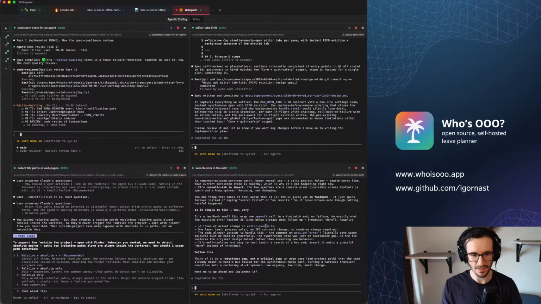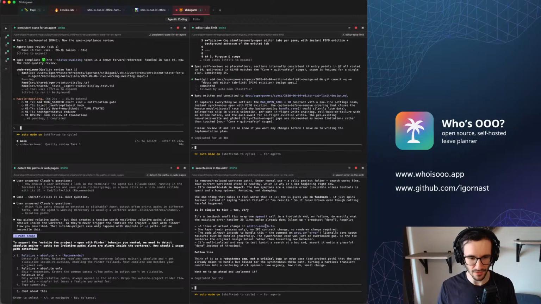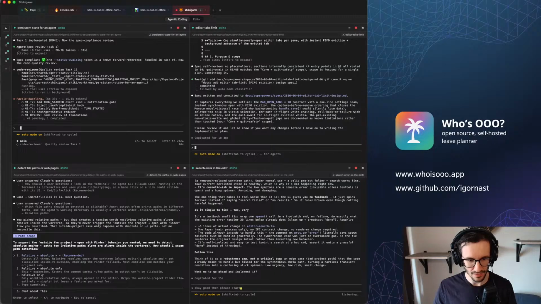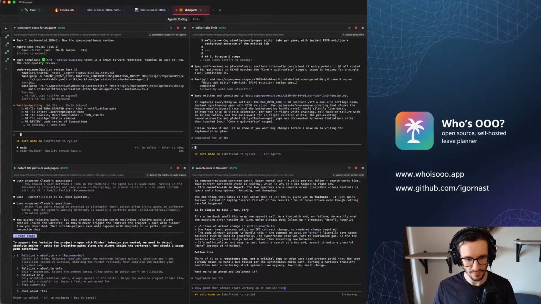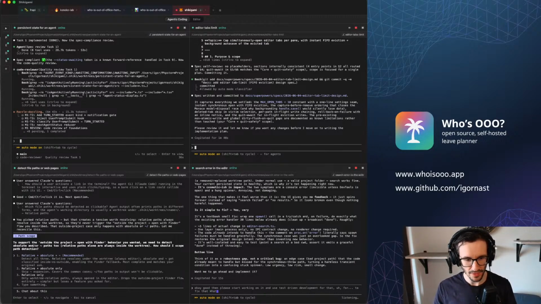We can skip the process of creating a file for it. It doesn't make sense if this is a simple thing. Okay, good. Then please start working on it and use test-driven development to fix that. Once this is ready, please run code review to verify code quality and architecture.